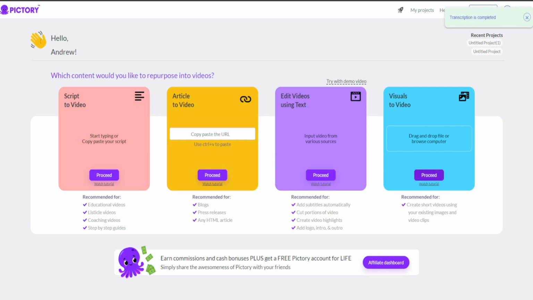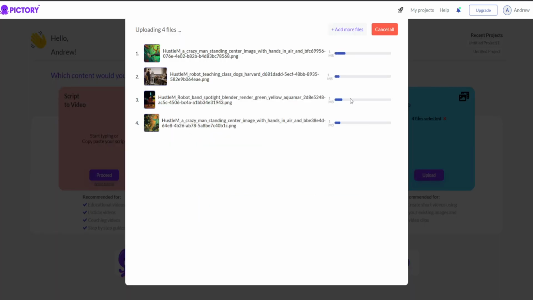Now once we click proceed on this, it won't take us immediately to another screen. It'll instead open a file explorer where we can choose some random images. So I'm going to go ahead and grab some random Midjourney generations and click on open. You'll see we have 4 files selected, and then we can click on upload. It will begin to upload all of them. Once those are done uploading, it'll say completed next to each of them, which for some reason isn't translating over to the screen. Let me go ahead and see if I can reload that. That's not transferring, but on the right side, they will all have a green check mark,